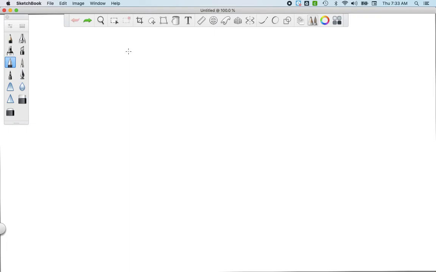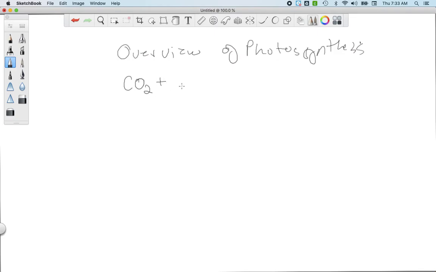And so, an overview of photosynthesis. All right, so we look at the chemical equation, and without even balancing it, we will write this one: CO2, which is carbon dioxide, plus H2O, which is water, is going to give us